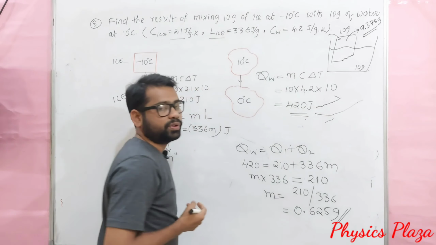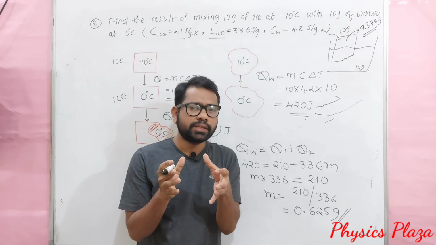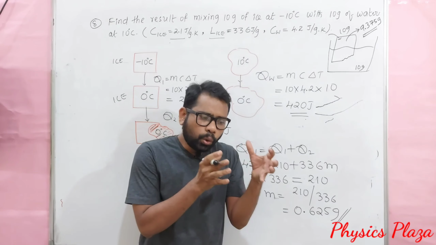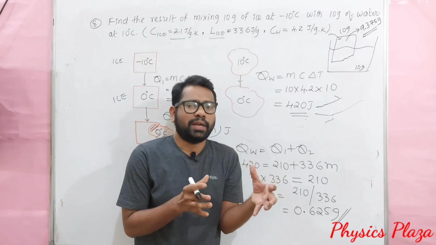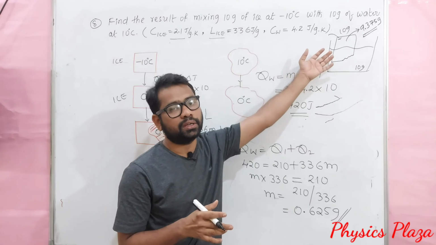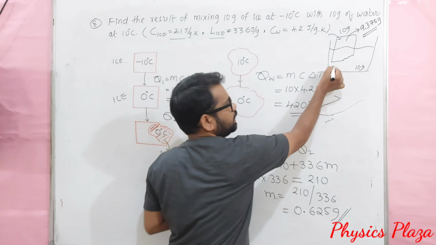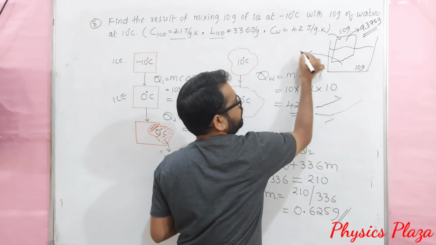Children, once again I am saying, it is not compulsory that the ice we add to the water will melt. Sometimes it may melt, sometimes it may not. In this case, why did we get the resultant temperature of the mixture as 0 degrees Celsius? The reason is that the total ice is not getting melted. Only 0.625 grams of ice melts and the remaining stays solid, as ice only. That is the reason the resultant temperature of this mixture will always be 0 degrees Celsius. Okay, children, copy it.